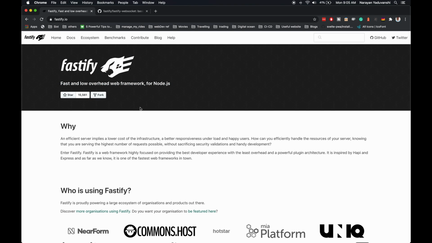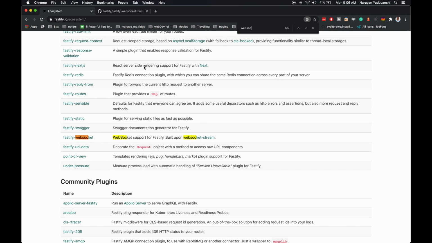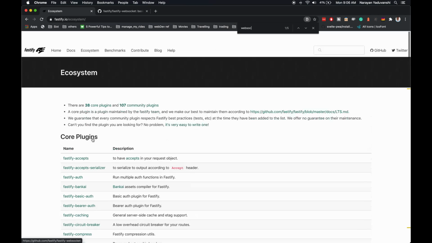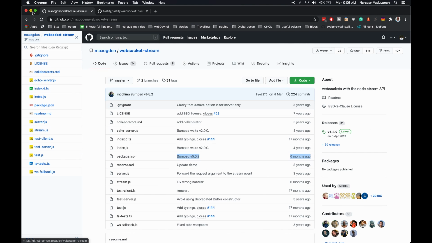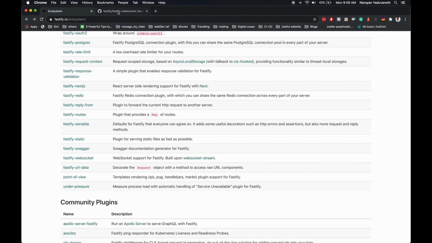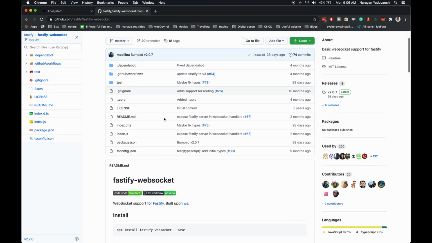That's a very basic Fastify introduction for you, because we are going to use WebSockets today to communicate between a store and a user. They have their ecosystem where we can go and find a well maintained Fastify WebSocket plugin from the core team itself, from the core plugins itself. WebSocket support for Fastify. I'm going to go back. You have that already open, and this is the Fastify WebSocket homepage.